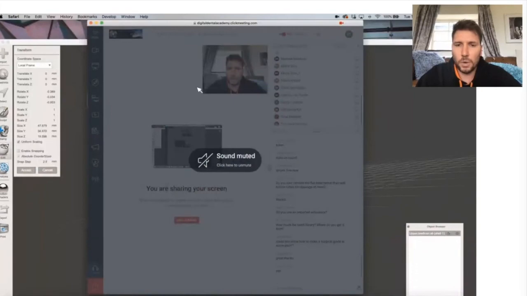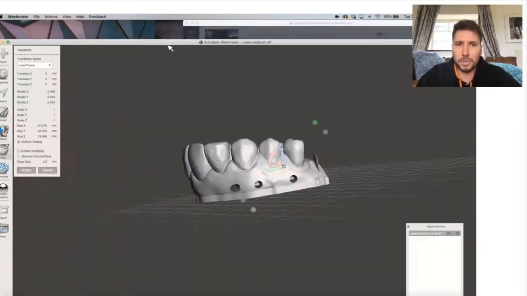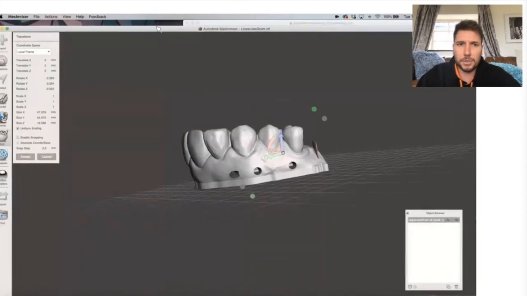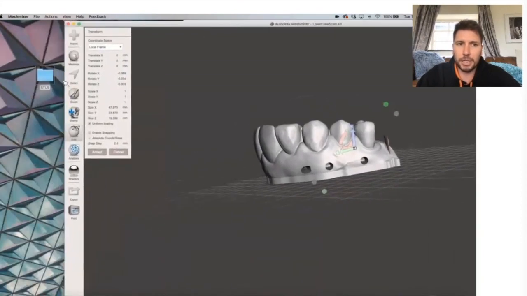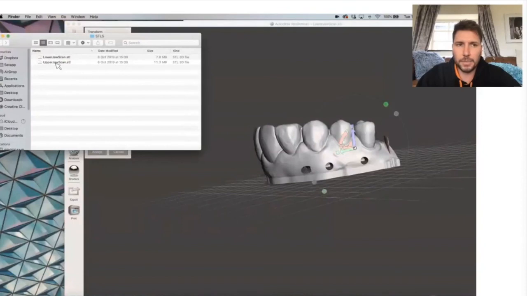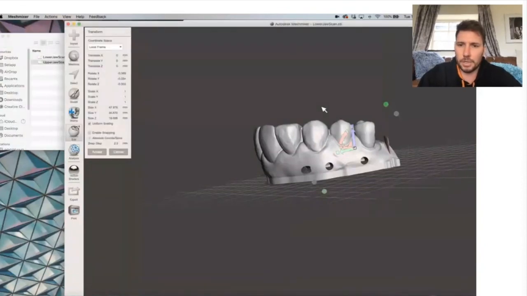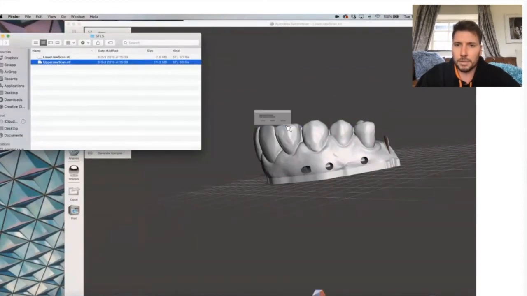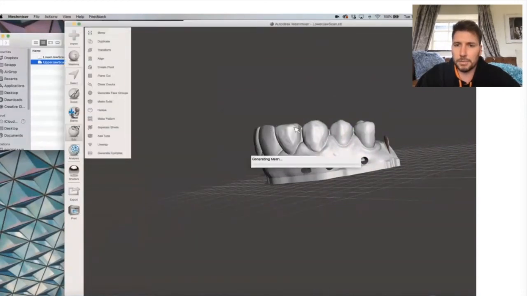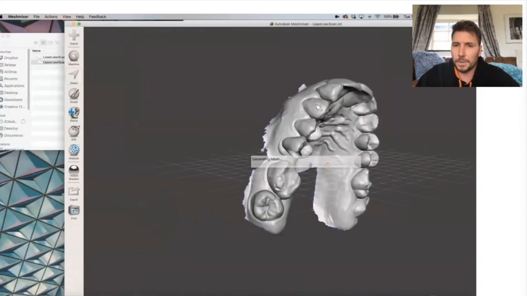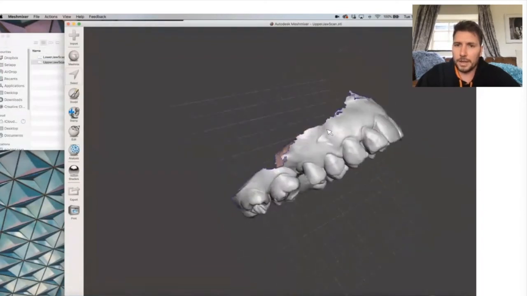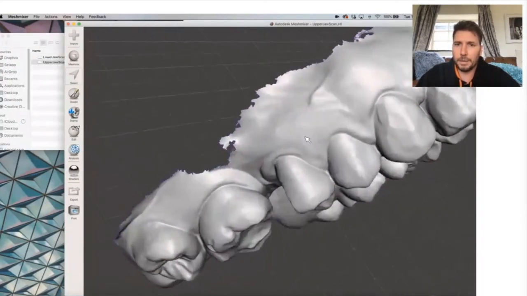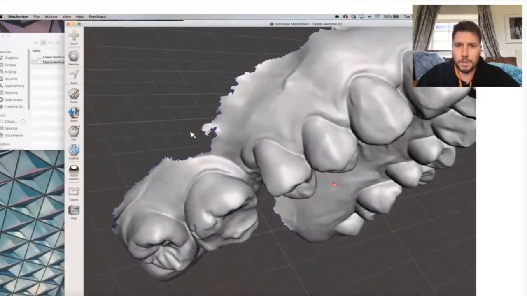Okay, so I'm going to show you very quickly how to repair something on a model if you've got a gap. So what I'm going to do, I'm going to bring in a model again. Let's bring it in again. Upload. I'm going to replace it to bring in a new model again. So say you have, I'm going to do this on purpose, okay? But say you have a